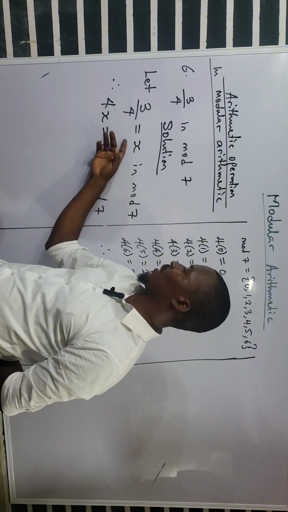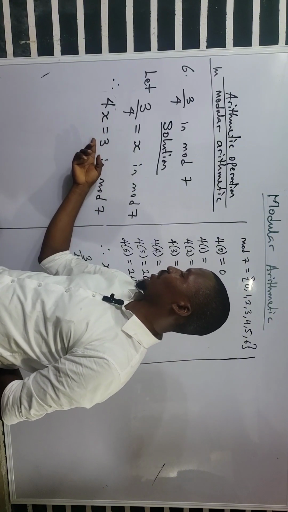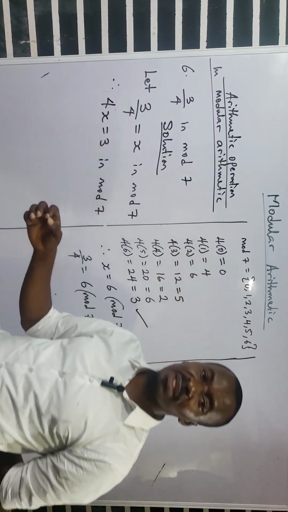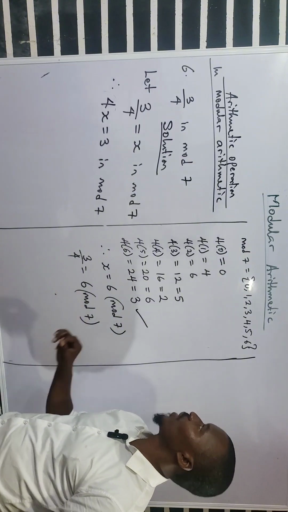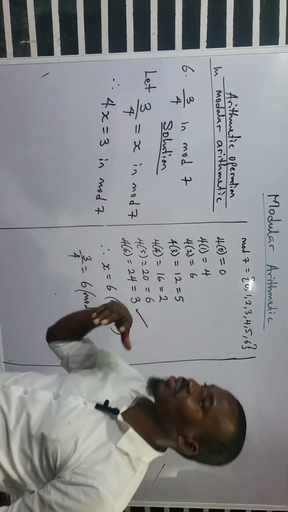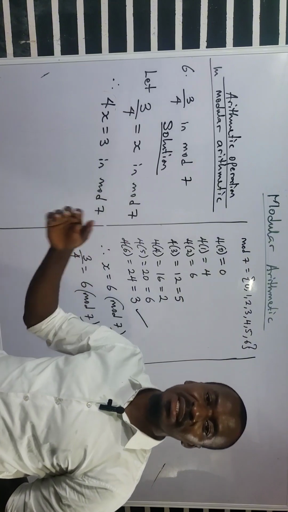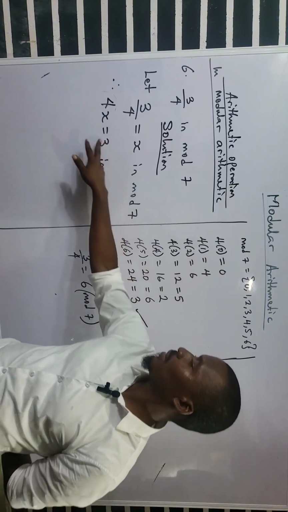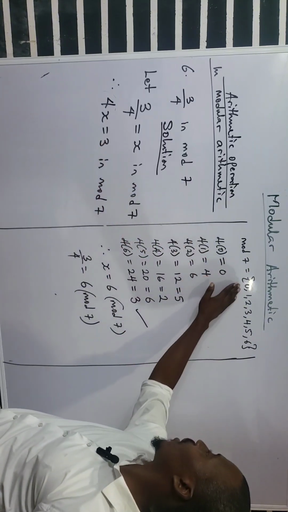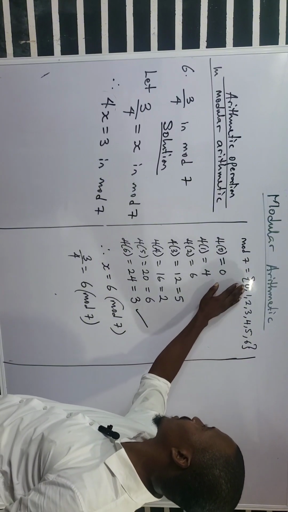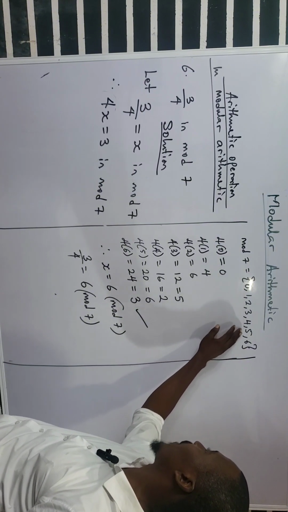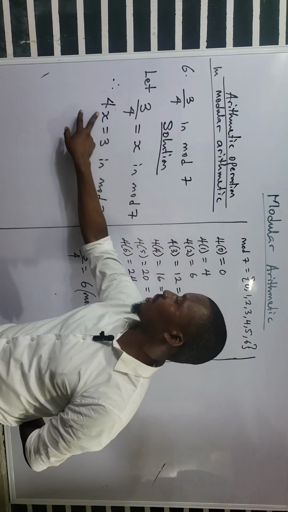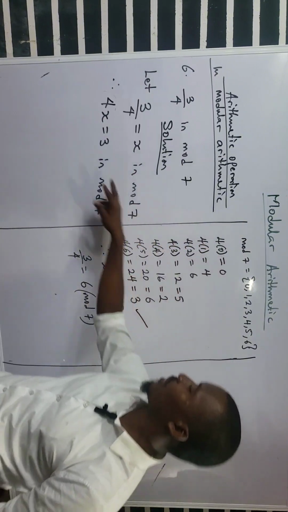Now I cross multiply to express it as a linear equation. Then I need to find the value of x that will give me 3 in modulo 7. So I'm going to check all the integers in modulo 7 and see the one that will give me 3. All the integers in modulo 7 are 0, 1, 2, 3, 4, 5, and 6. So I'm going to try all these as replacements of x to find out which one will give me 3